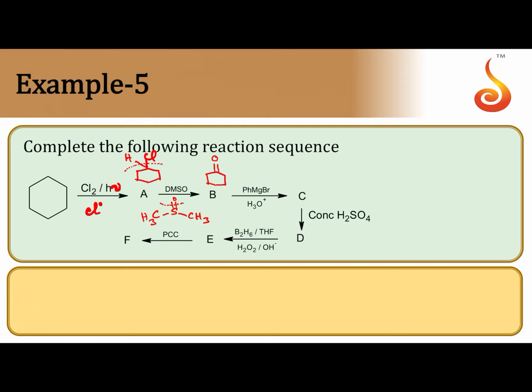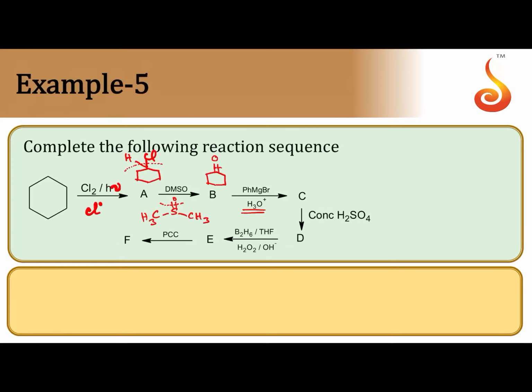After the formation of cyclohexanone, reaction with Grignard reagent followed by hydrolysis. See what happens during this reaction with Grignard's reagent. It is subjected to reduction to give 3-degree alcohol because this is a ketone. So, Ph goes to the carbonyl carbon. H of the water goes to oxygen. So C is nothing but 3-degree alcohol, one side Ph, one side OH, right?